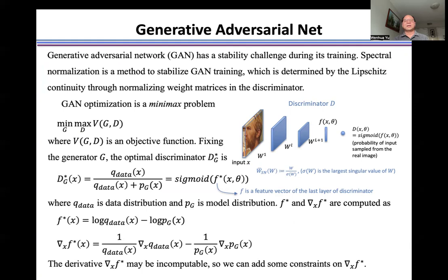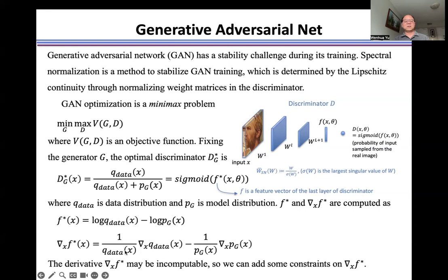matrices in the discriminator. GAN optimization is a minimax problem where V is an objective function. Fixing the generator G, the optimal discriminator D star is calculated by using the data distribution and the model distribution. If we use a sigmoid as the output function for the discriminator, and F is the feature vector of the last layer of a discriminator, the optimal F star and the derivative of F star are computed by using the data distribution and